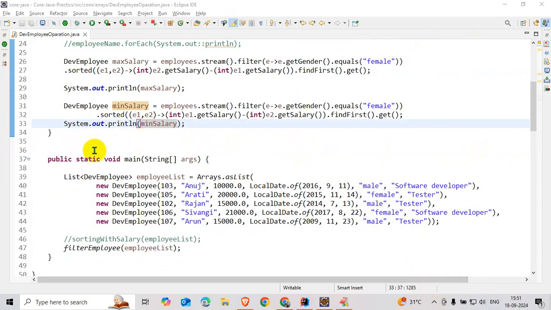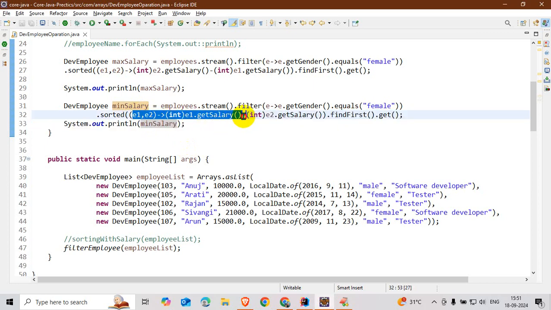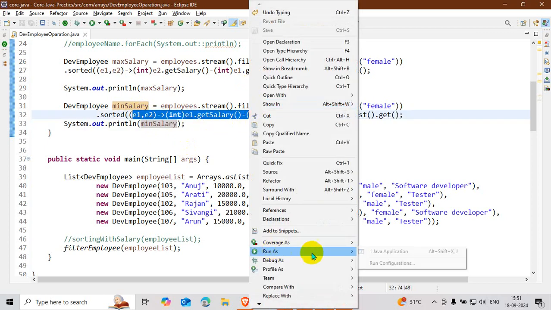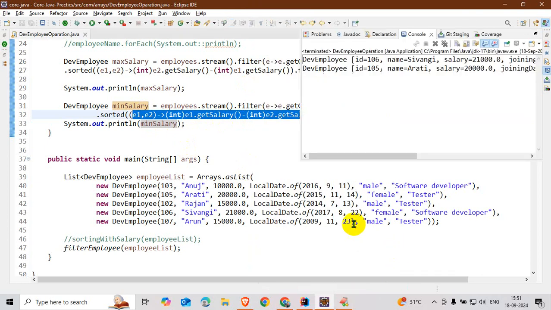So here I write the custom sorting in descending order. So I want to run this program, Java application. Here I collect the maximum salary and here I collect the minimum salary.